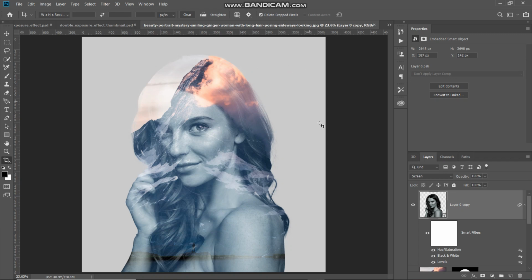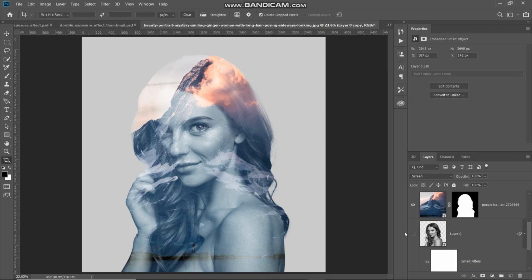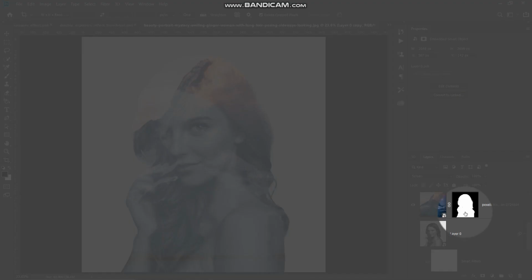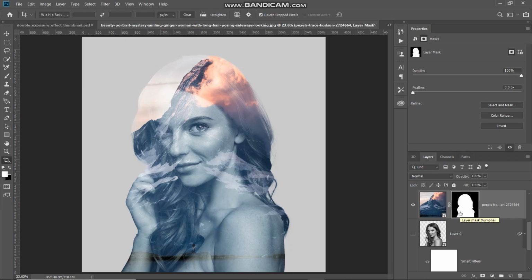Now after that, we need to expand the clouds on the second image beyond the model image over here. So for that, we need to go at the bottom and then make the mask of the second image layer active by clicking on it. So once the mask of the second image layer is active, now after that, we need to select the Brush tool